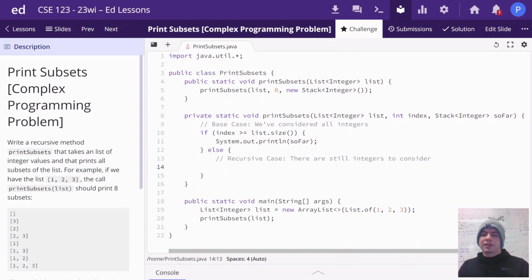Finally, for a recursive case, when there's still integers to consider, well, we have two options, right? We have the option of exploring all possibilities when we add that integer at that specific index to our subset, and all possible other subsets we can create when we don't add that integer. So for when we do add the integer, we can use our choose, explore, unchoose pattern. So we'll push